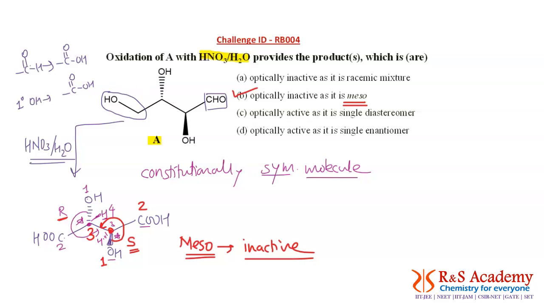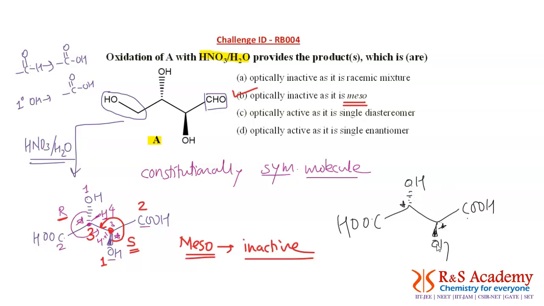Another way of looking at the molecule is, again I will write this molecule: OH, COOH, and here OH and COOH. At each chiral center there is a set of groups which are equal. That means OH, COOH, there is a hydrogen. Here also OH, COOH and one hydrogen is there. The set of groups is the same.